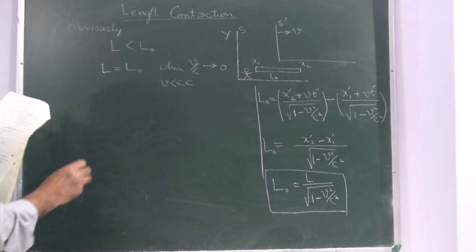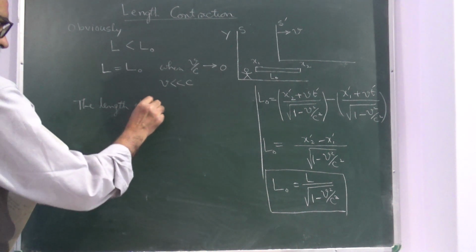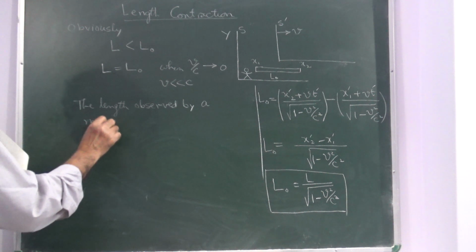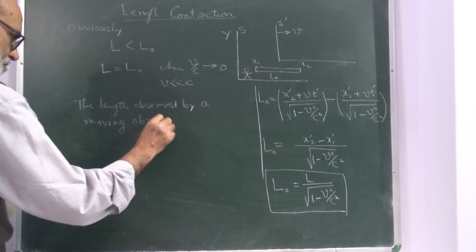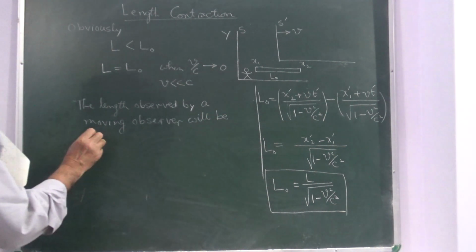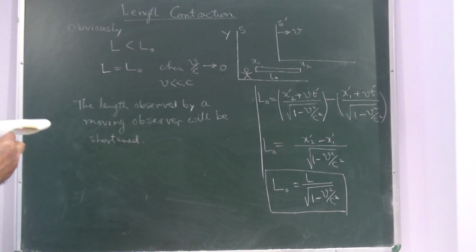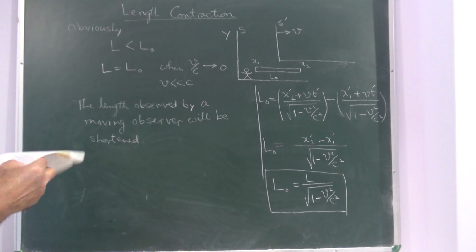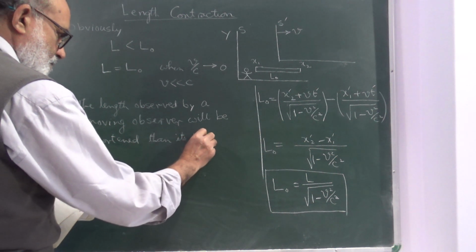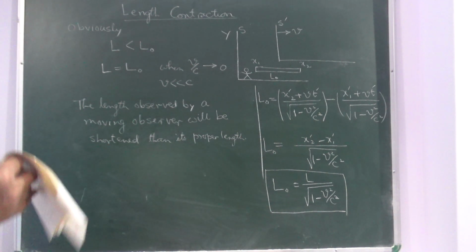So the length observed by a moving observer will be shortened than its proper length, and this observation is